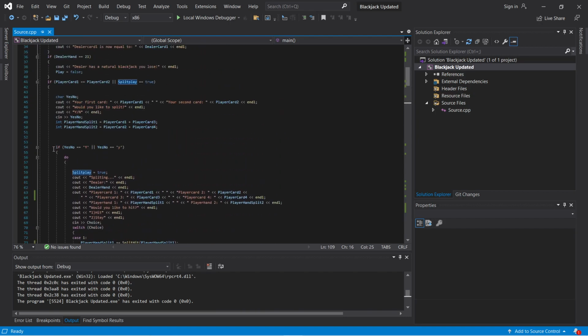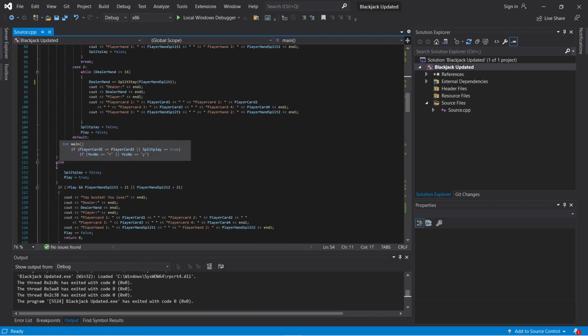Also, I forgot to mention that if you press yes or no here, you input yes or no, and you get a capital Y or a lowercase y. In the else statement, that's if you press N or anything else,